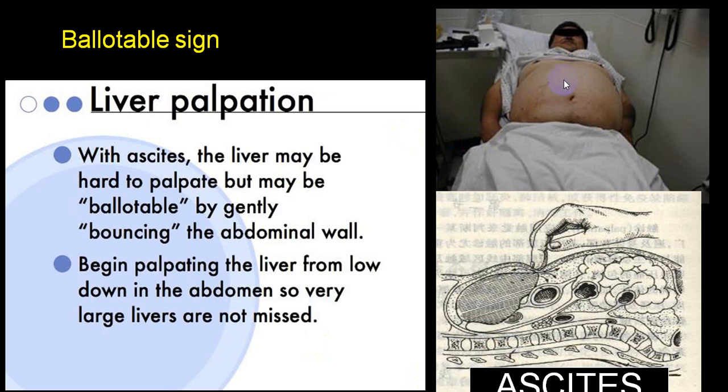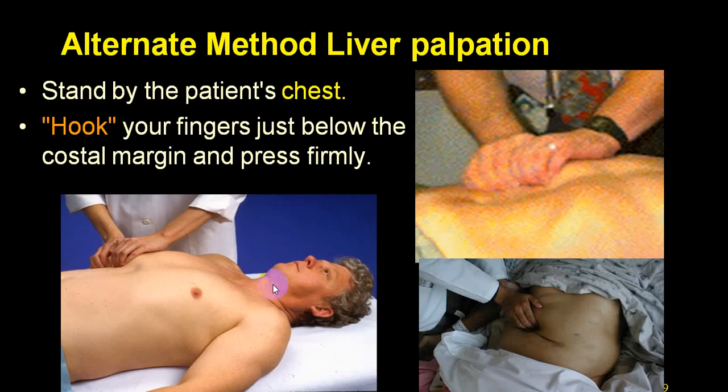And in a person with ascites, you will do the ballottement method. With one hand you are pushing fluid away, and then you use a two hand method. The top hand will push the fluid away and with the palpating hand you will try to palpate the liver. This is a hooking method for a just palpable liver.